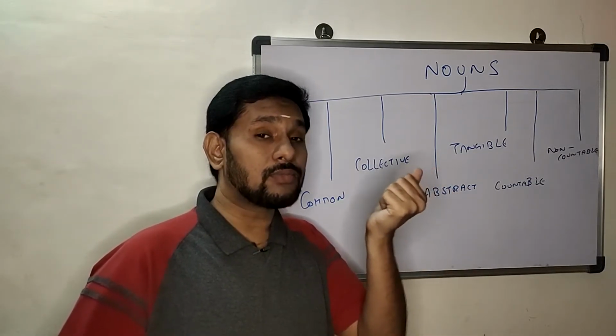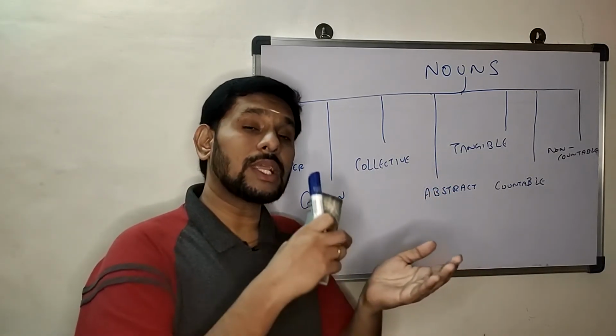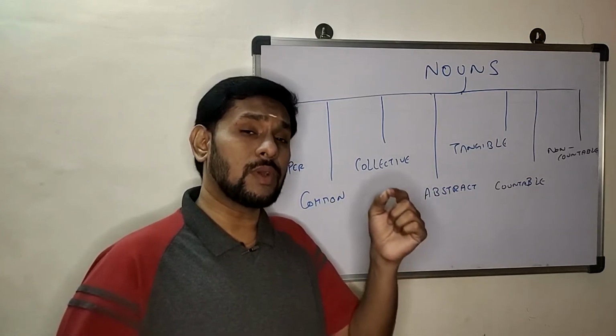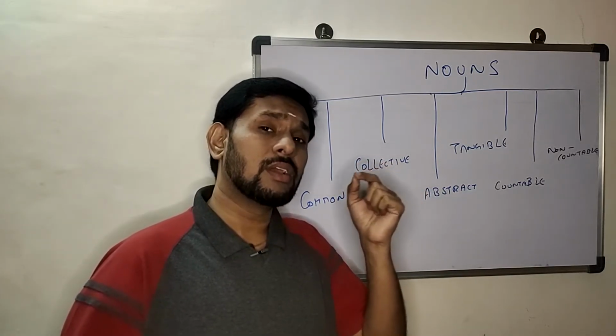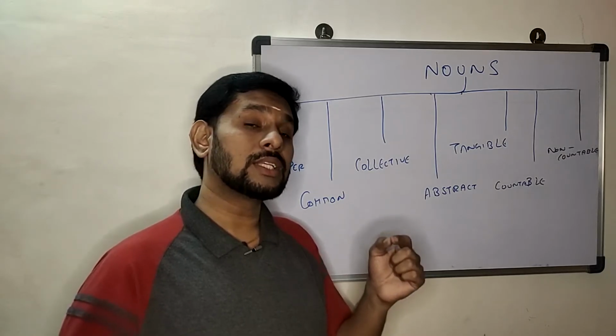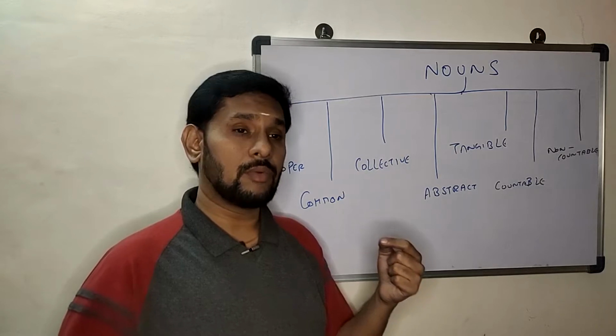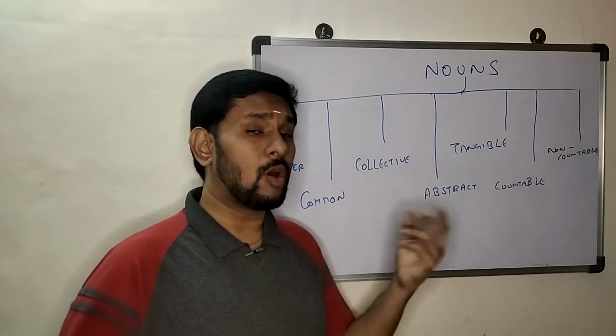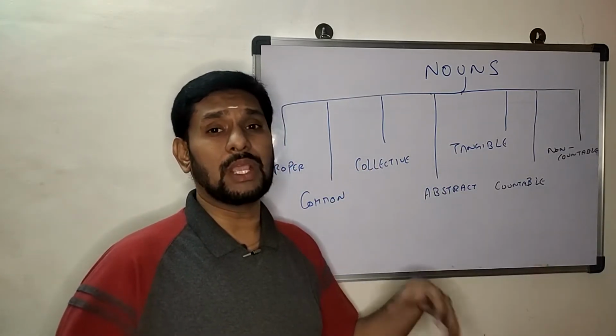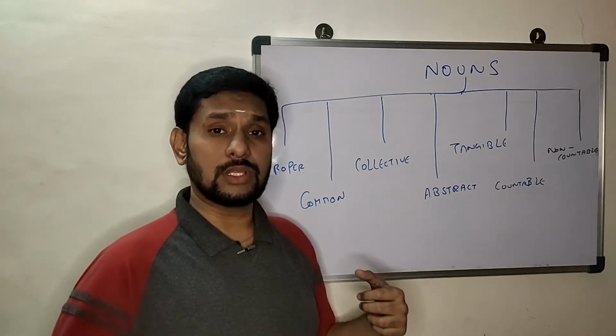Here, I'm using a handful of sand, wherein I cannot count each and every grain of sand here, or a pinch of salt, wherein I cannot count each and every grain of salt there. So that is the reason why we say I have a kilogram of salt or a kiloliter of milk. Now, anything that is kind of a liquid obviously comes under non-countable because you will not be able to count the liquids there, right?